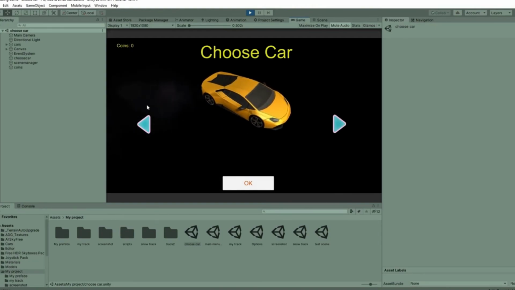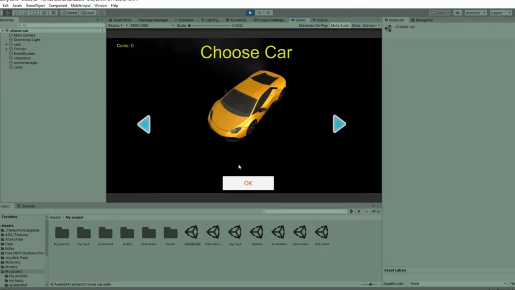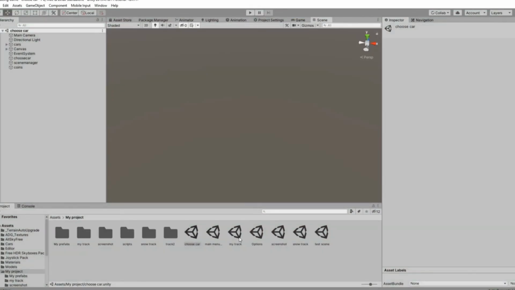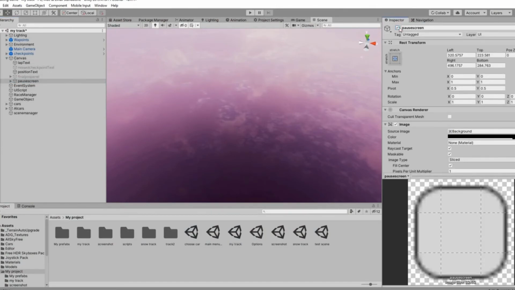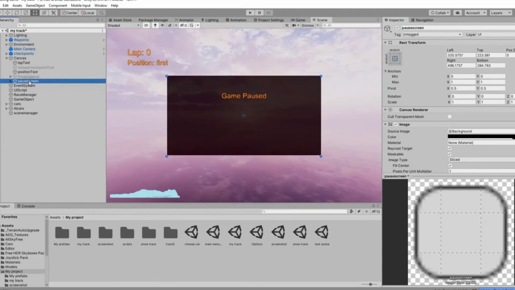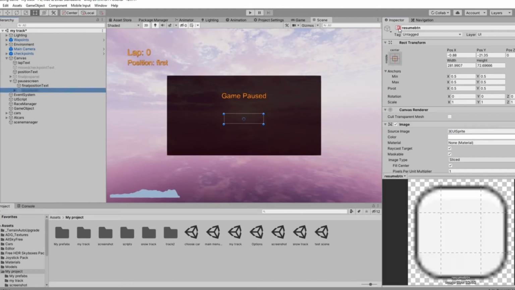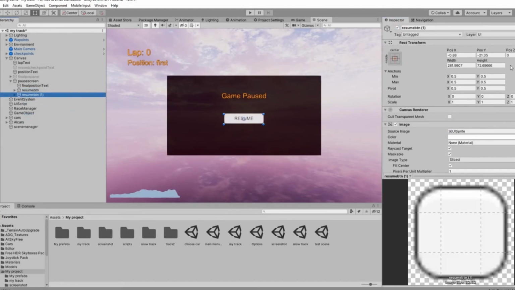Now there is another bug. Now I have chosen the second car, and to show this bug, first we have to go to the My Track, and when we pause the game, then this screen shows. And for this, I have to go to the 2D view and I will double click the pause screen. And inside here we have a resume button, and down here first I will duplicate it and I will move this button down,